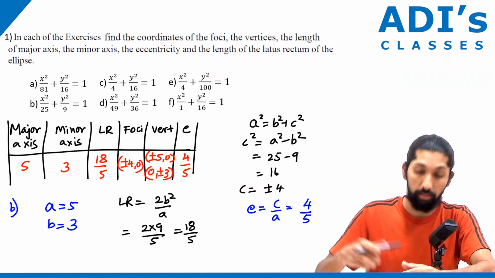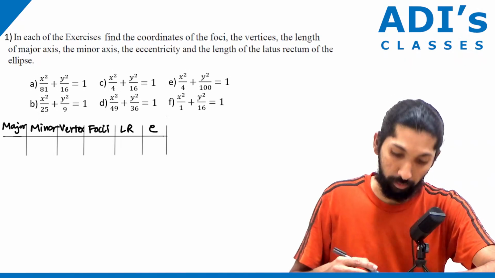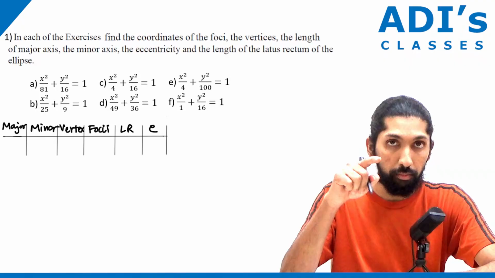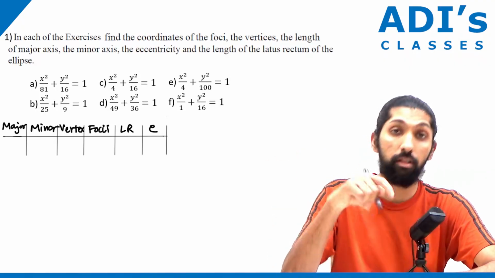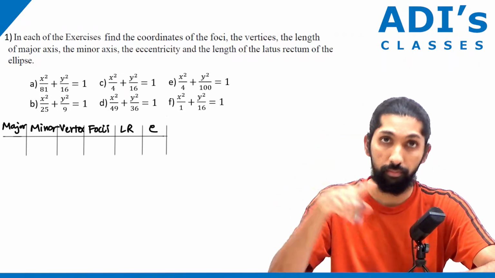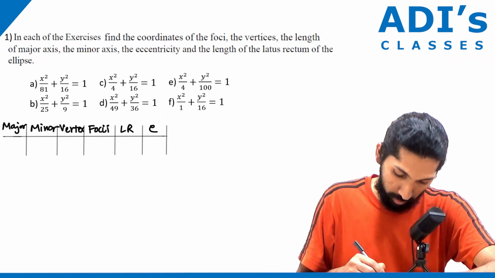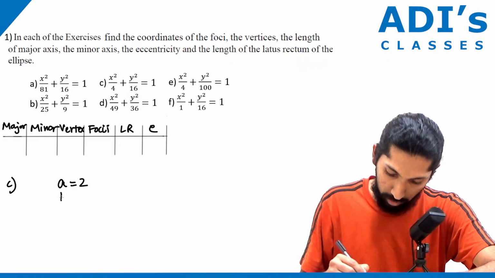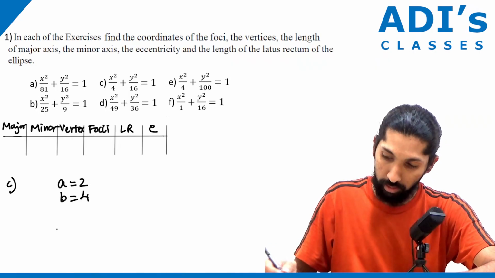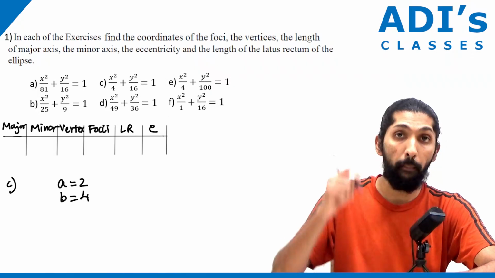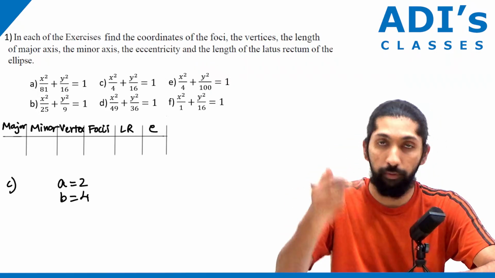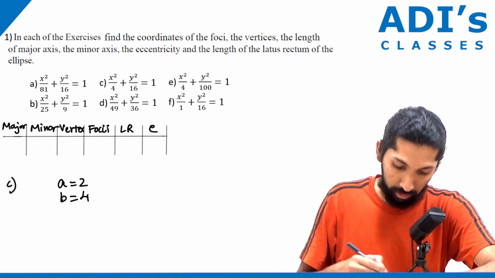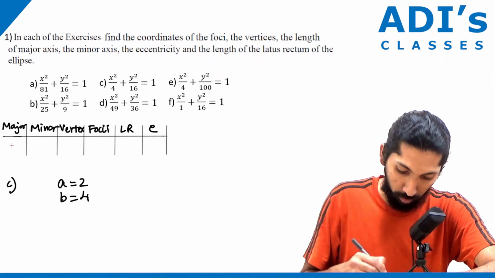Now let's do the third one. See, you have x square by 4 plus y square by 16. Here b is greater than a, isn't it? So that means it's a vertical ellipse. Make sense? So for this one, you have a value as 2, b value as 4. That means here the lengths of the minor and major axis are going to flip now, isn't it? Now the y axis is the major axis. So the major axis is going to have a length of 4